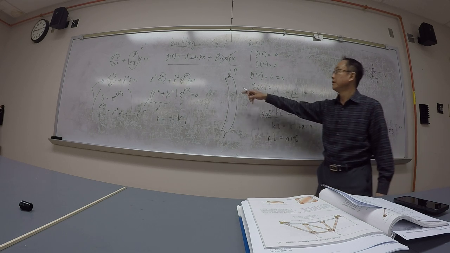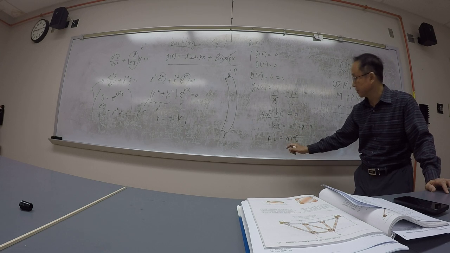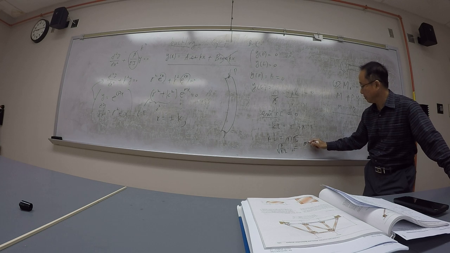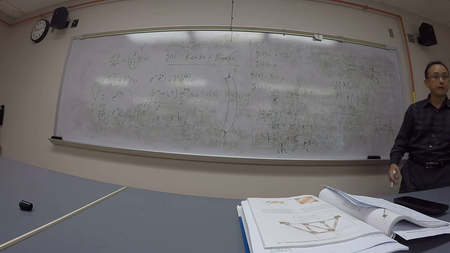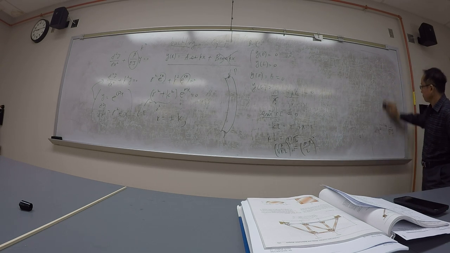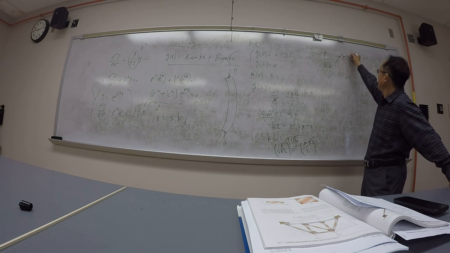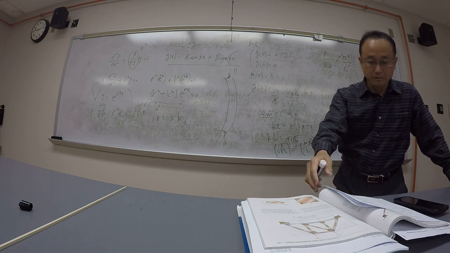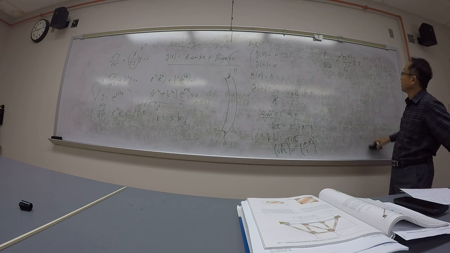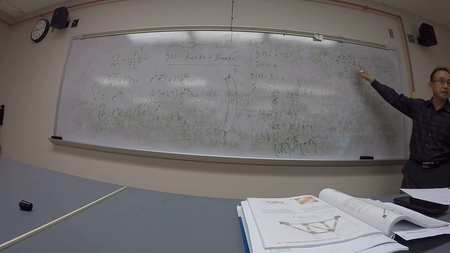But what was k? K squared is P over EI, so k is the square root of P over EI. That's your k times L. Let's bring L to the right, which is equal to n pi over L. And I'm going to square both sides. So this will give us, almost done now, P over EI is equal to n squared pi squared over L squared. Then I'll take the EI to the right hand side. So your P is basically a function of pi, L, and EI. And this is basically the first possible